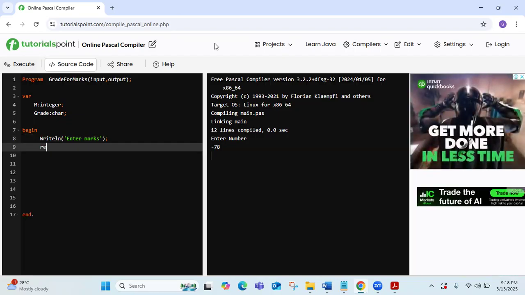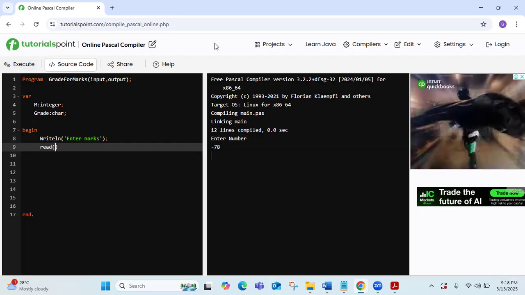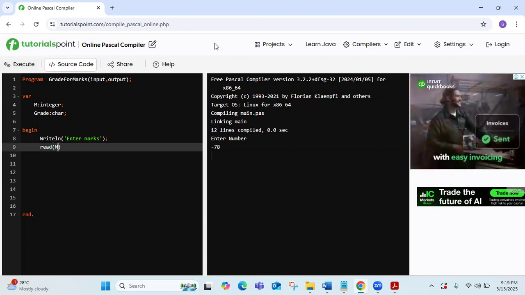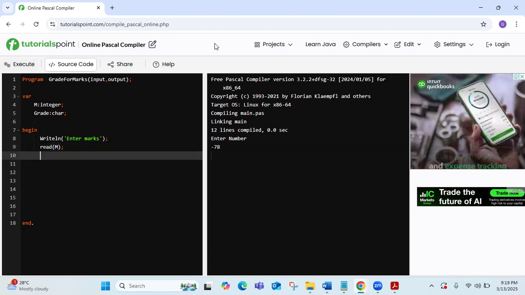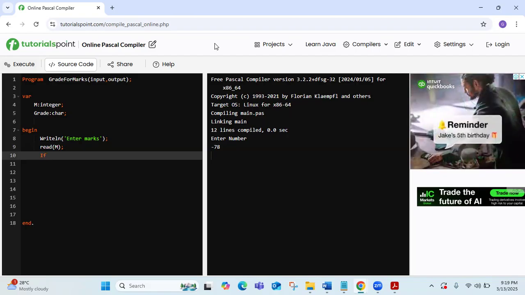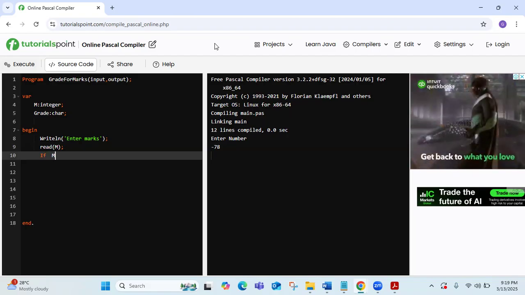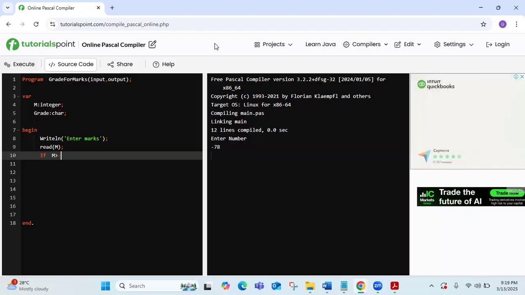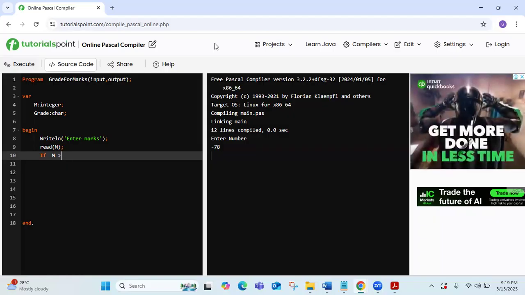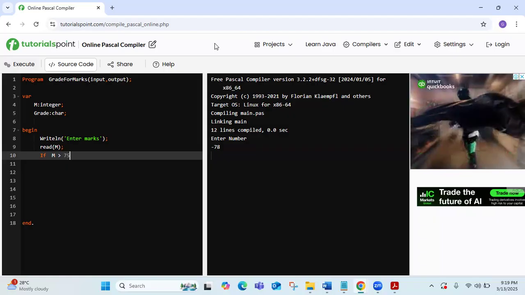Then you say read the marks. Okay, now carefully see how I type the if condition. Say if m greater than or equal to 75, then